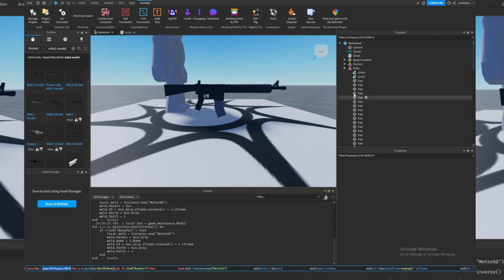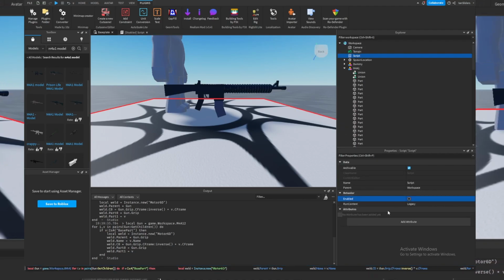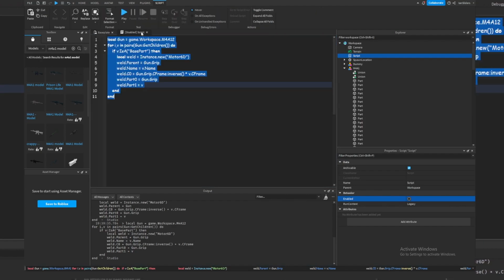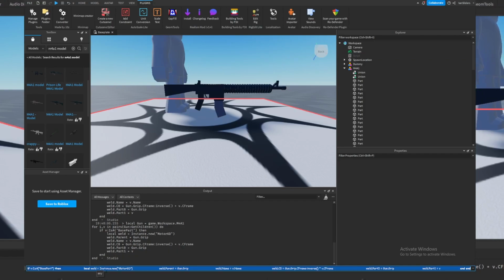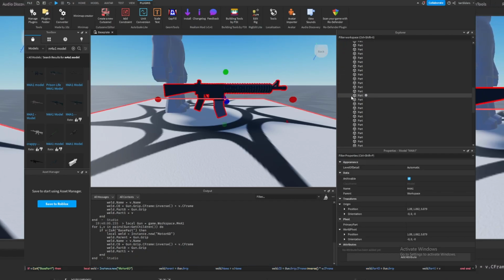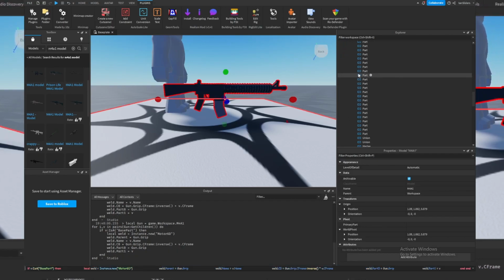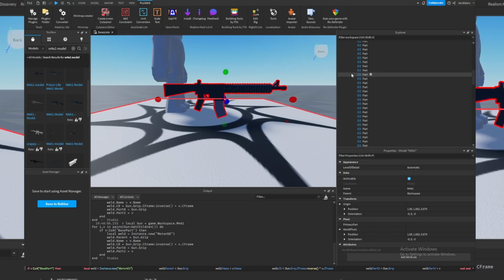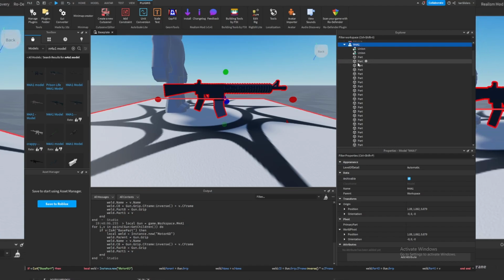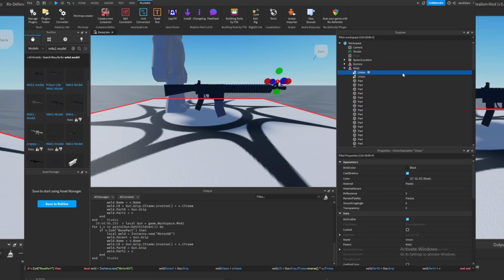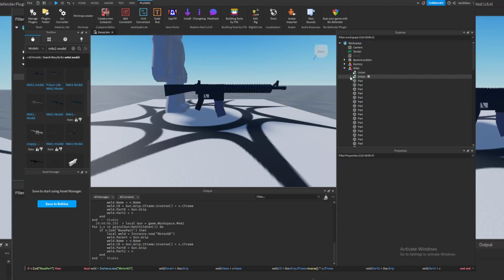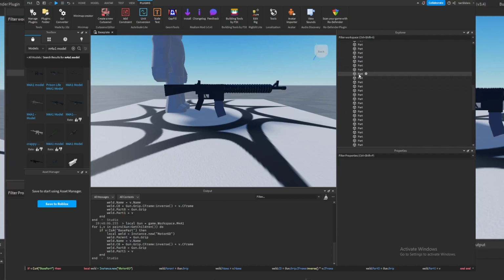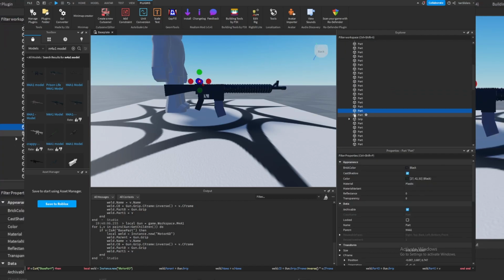Okay, as you can see now, I have the script in, I have it saying game.workspace.M4A1. I have this as a script in workspace also, so I can put it in the description later. I'll disable it. It's just the same exact script. And now I'll do it. And now I can scroll to grip and you can see all the parts are inside of it. But there's a problem. Guns and anything really won't animate if they have the same name. So you can rename it manually or just